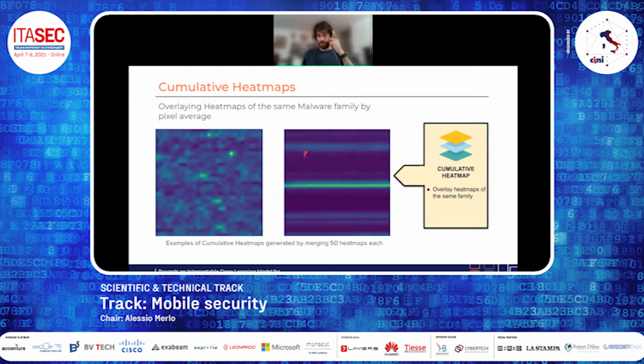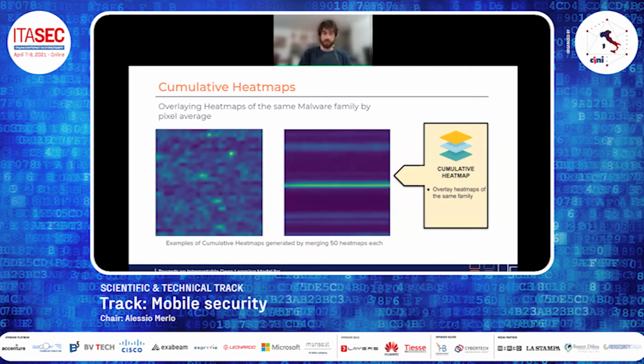But in some cases, like the picture on the right, the image has been created by merging many images but doesn't look like random noise; it seems that there is a specific area for that entire malware family which is really important. This information could be used by the security analyst to check on the original malware what that area corresponds to. Of course, this requires prior knowledge of the malware itself.